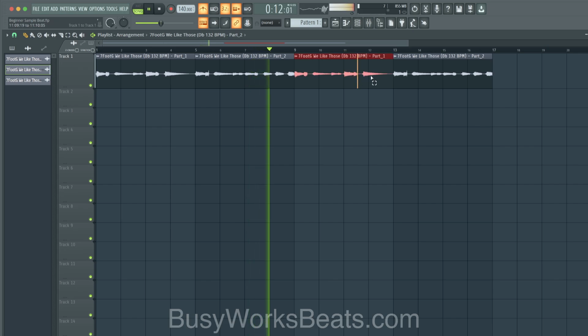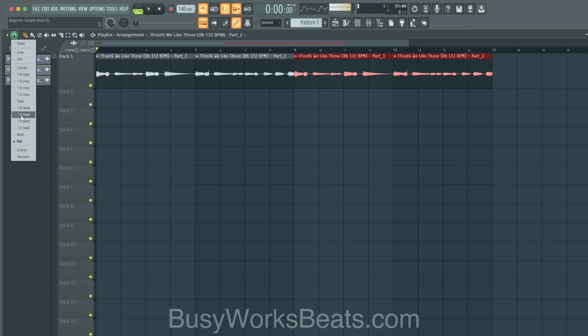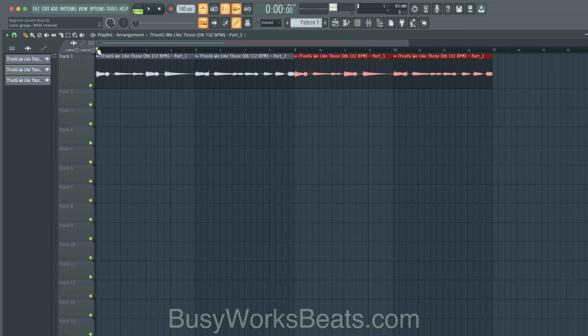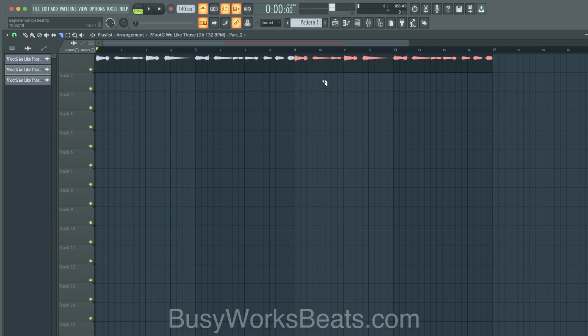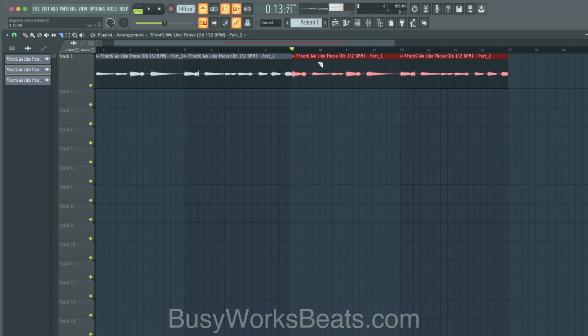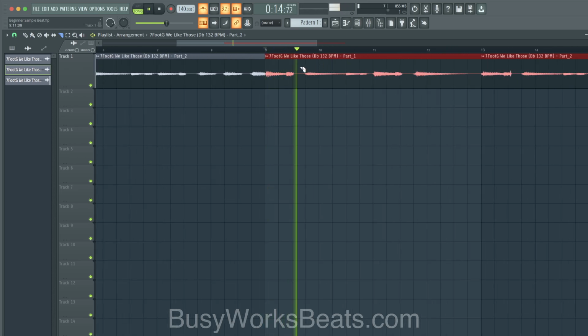Okay, so on the second half, I want to change it up a little bit. So let's kind of remix it. I'll show you a quick way to remix it. Grab your snap to grid. Let's go to 1 measure down, which is a beat. Grab your slice tool. And then now we're going to figure out where we want the beat to change up. So you could think like a DJ. So let's say I want a change up right here. Let's just create a little slice.